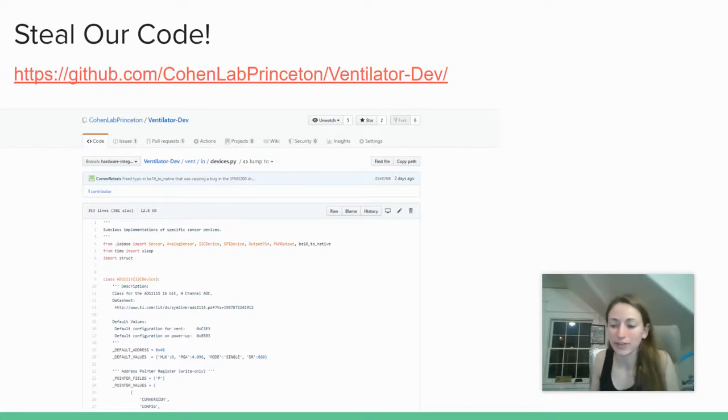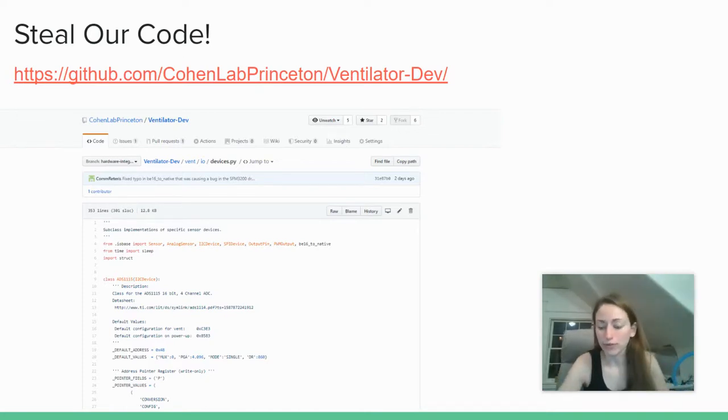When you look at a lot of these designs that are out there, you notice that they share a lot of information about their mechanical schematics and electrical schematics, but teams, I think, have been lagging a little bit in sharing their code very openly and making their code understandable to new users in a way that it can be recycled. So in the interest of strengthening the community, I invite anyone to go and look at our code. It's still very much a work in progress, but if there's any parts of this that you can steal from,